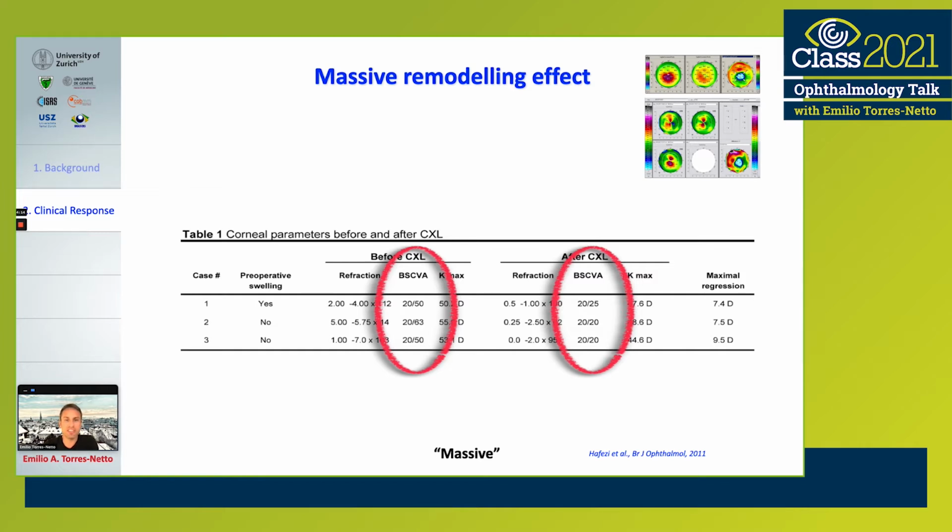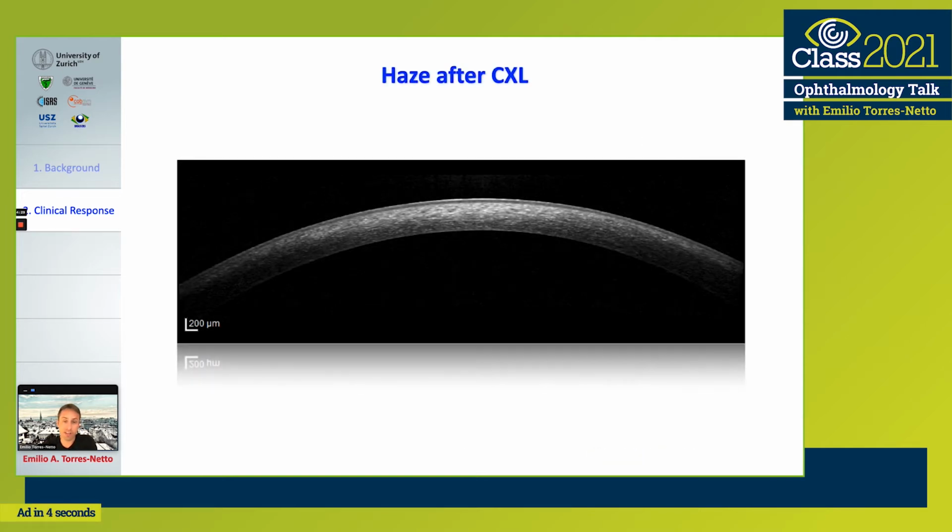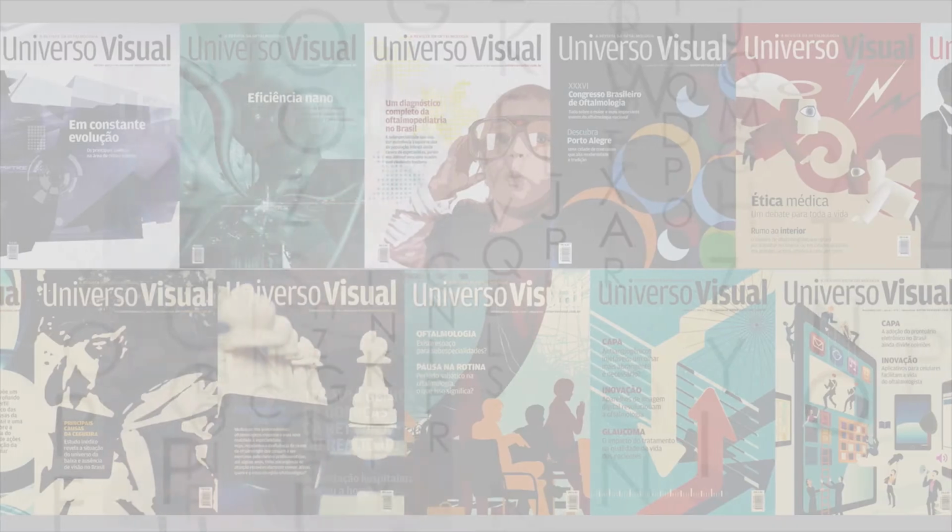So this flattening with haze might in some cases not be so bad as we could think, because the optics of those patients are very different. But there are those cases that have haze, and there are